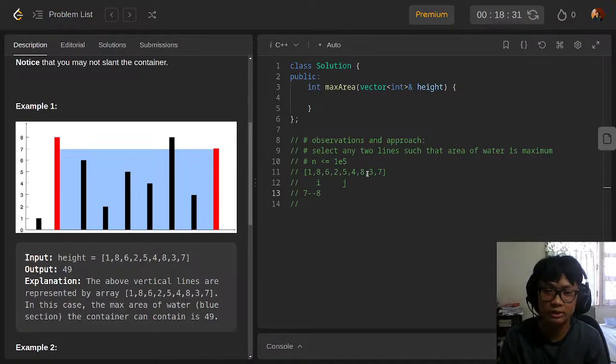So I'll say it's at 8. And for 3, it's at 7. Then I'll say for 8, it's at